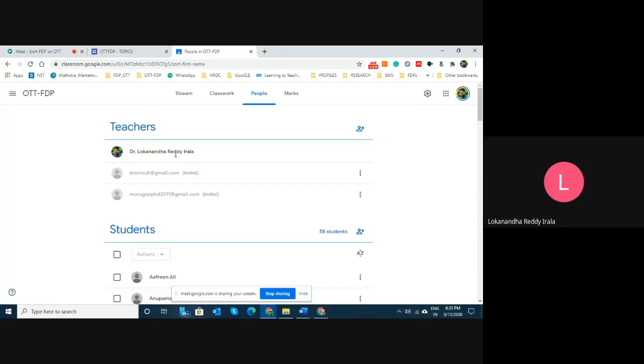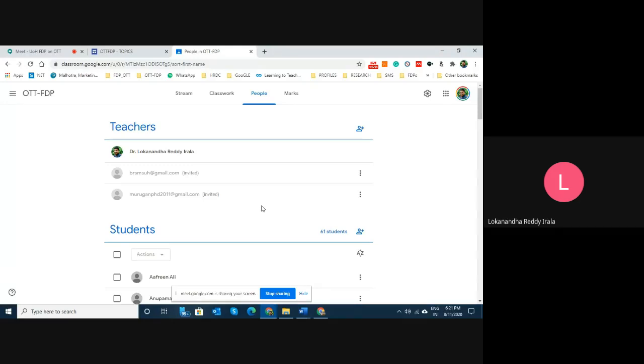So now what is the advantage of this? Now all the rights that I have as a teacher, they also will have. This is actually useful in collaborative teaching. For example, if the same course is taught by more than one faculty, then you need not create 2-3 classrooms. You can have one classroom where the 2-3 people who are teaching jointly that particular course can join as the teachers. So they can handle all the things that I am able to handle from my account. They'll be able to handle from their own account. So this is how you actually set your students in the class.